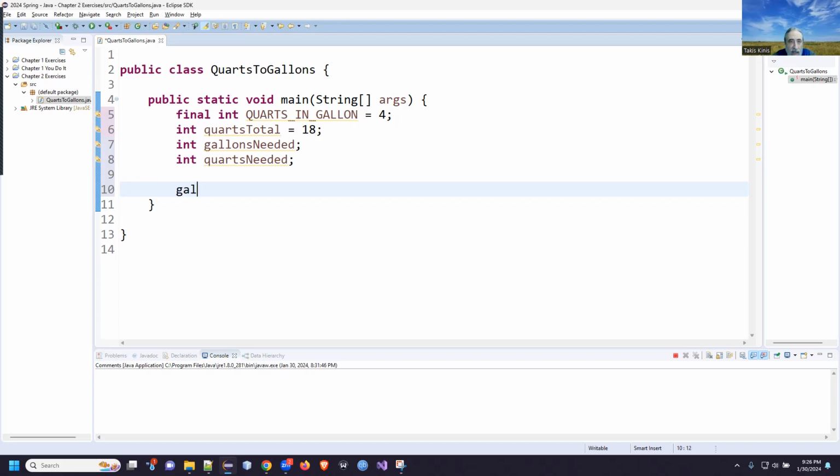So I can say that gallons needed equals the quarts that we need, quarts total, divided by the number of quarts in a